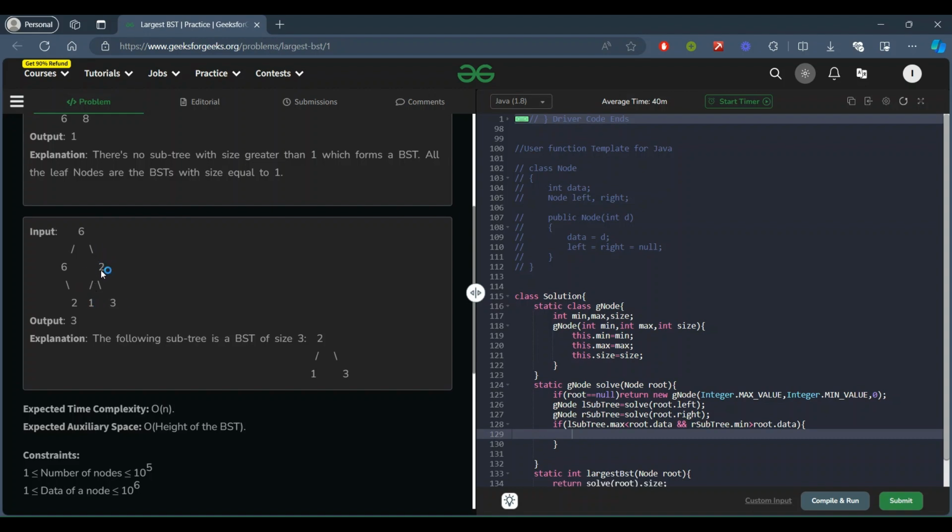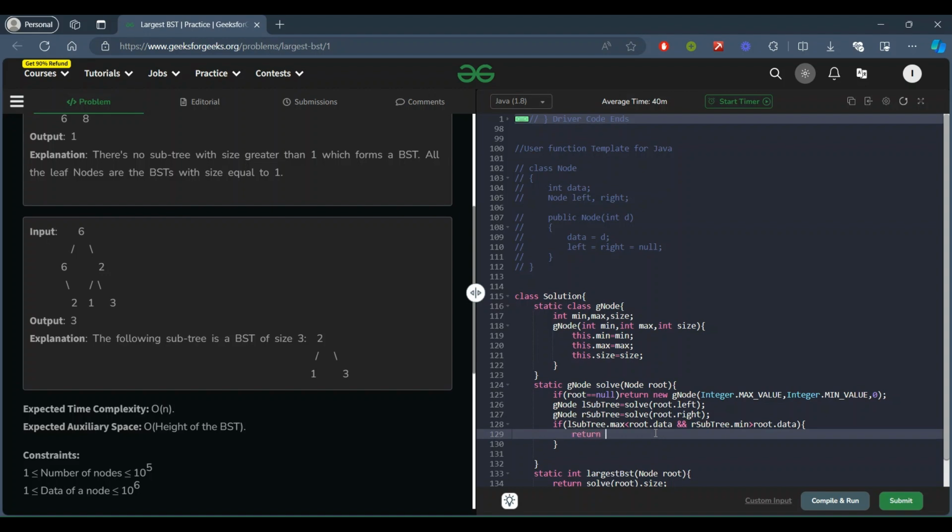Now it will check the right subtree. It will check what is the minimum value present in the right subtree, and if that minimum value is greater than 2, it means all the values present in the right subtree are greater than 2, right? That's why we are checking these critical values. And if this condition is satisfied, we have to return the number of nodes present in the left subtree, the number of nodes present in the right subtree, and the current node, right?